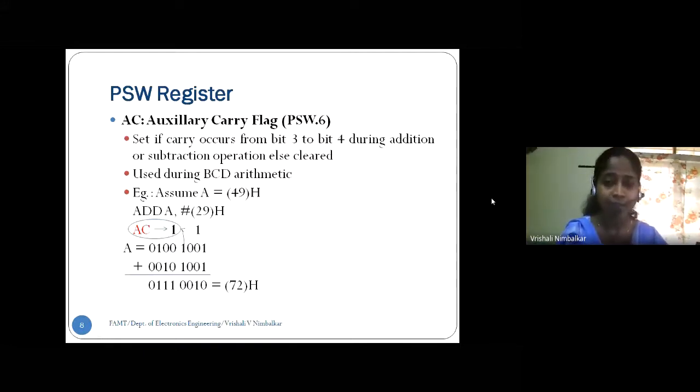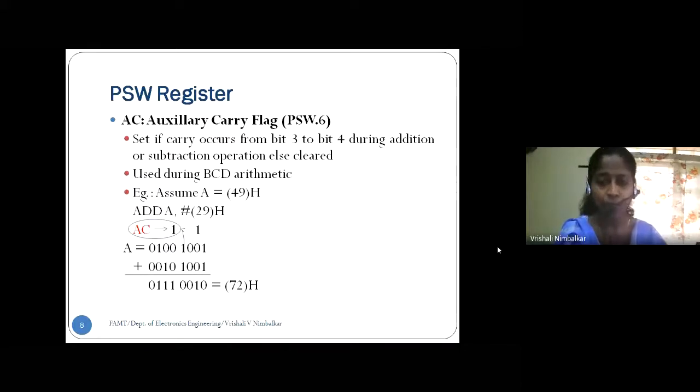There are two conditions. When the auxiliary carry flag is set, we are definitely going to get an invalid BCD number. This is the first condition. And the second condition is if the answer is greater than 9: A, B, C, D, E, F, those are the numbers greater than 9, meaning invalid. That is the second condition. So there are two conditions which indicate it's an invalid BCD number.